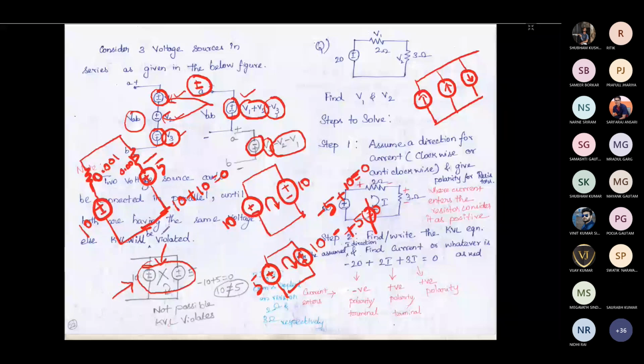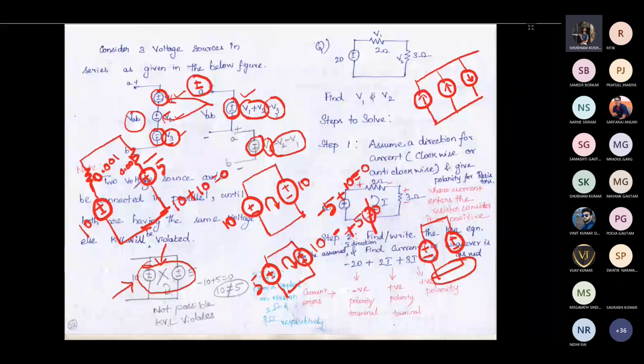Directly, these two voltage sources are not in parallel, because for a parallel connection both terminals of the sources should be connected like this, right? It is not happening like this, only one end is connected, so these two voltage sources are in series here. Because of that, these two sources are no longer in parallel when you are considering a practical voltage source.